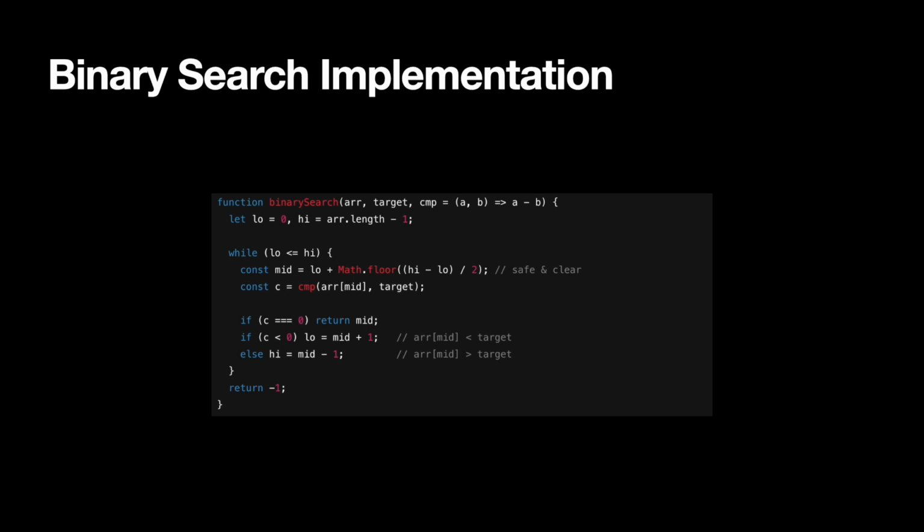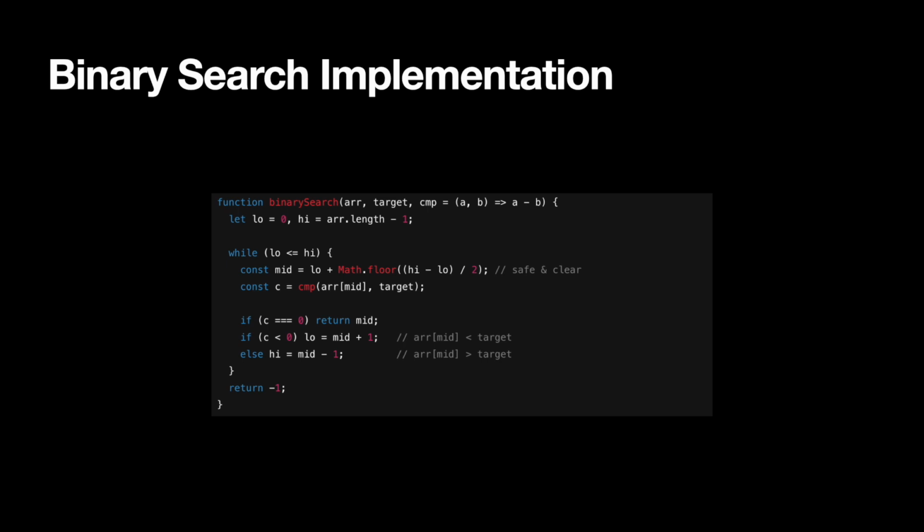It takes in a sorted array, a target value, and it has an optional comparison function that just returns a difference of 2 numbers. It works by having a low index, which starts at 0, and a high index, which starts at the last index of an array. Now, while low is less than or equal to high, because if low is greater than high, then the value doesn't exist inside the sorted array, we compute the middle index between our low and high